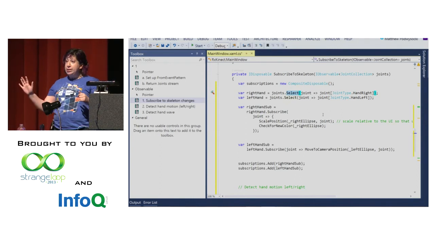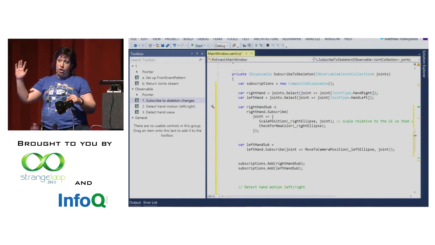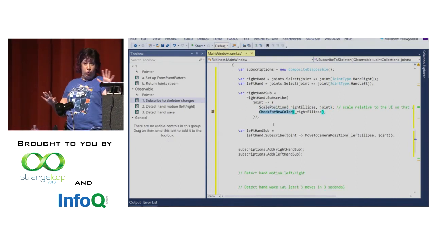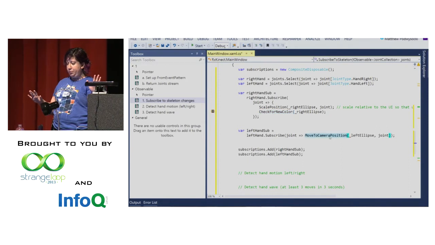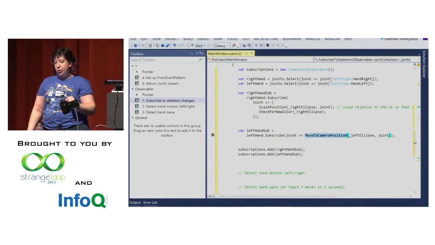And then we're going to see if they've put their hand over one of those rectangles, and if so, we're going to change the color of the circle. And for the left hand, all we're going to do is move a circle that corresponds to that position, and we're going to just color the outline of that. So now if we run this program,